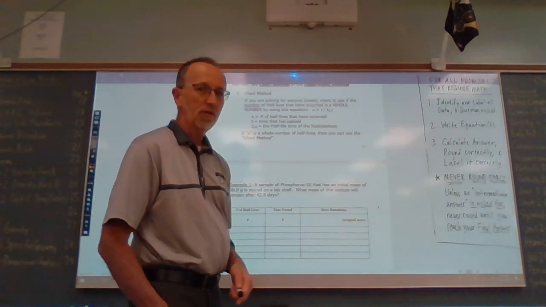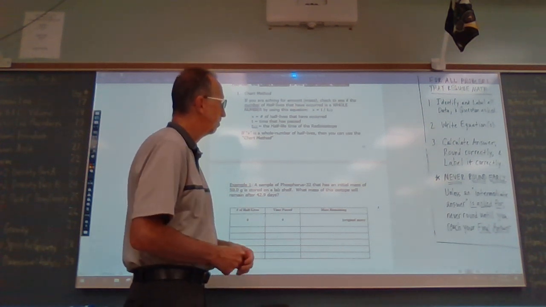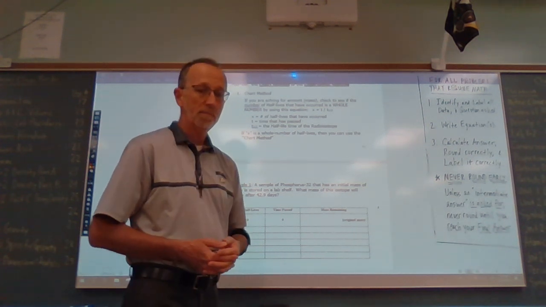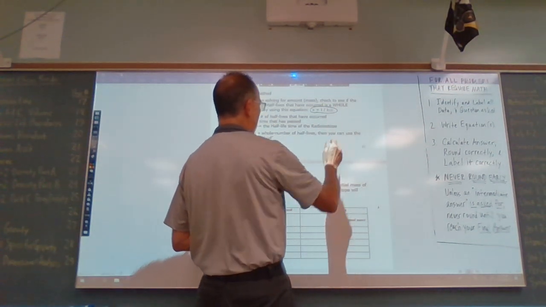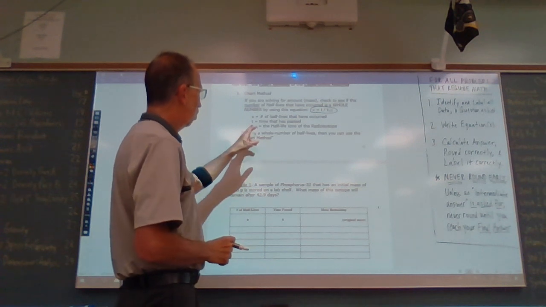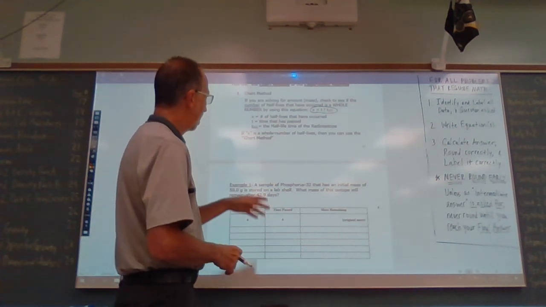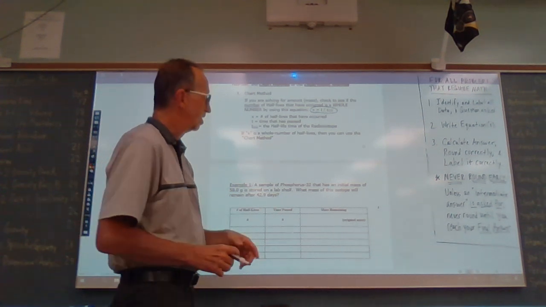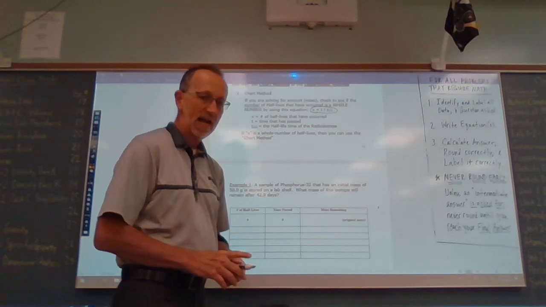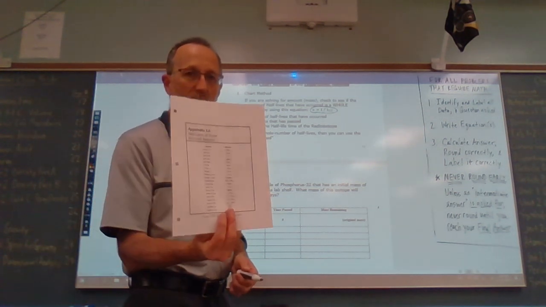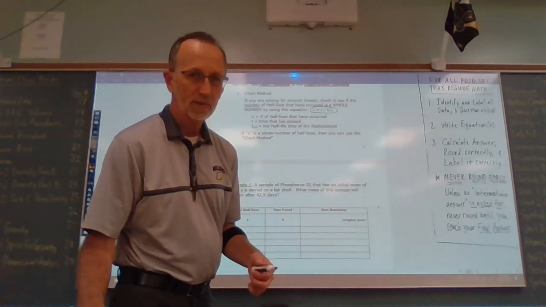So if you're solving for a quantity or a mass, we're going to check to see if the number of half-lives that have occurred is a whole number by using this equation. X equals T over T to the 1/2, where X is the number of half-lives that have transpired, T is the amount of time that has passed, and T to the 1/2 is the half-life time of that isotope,